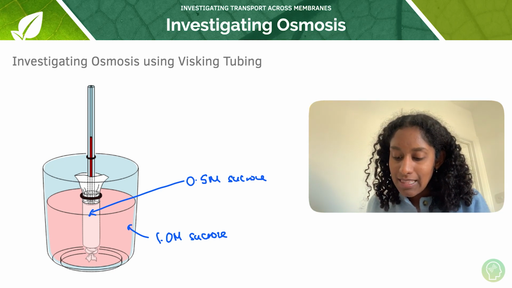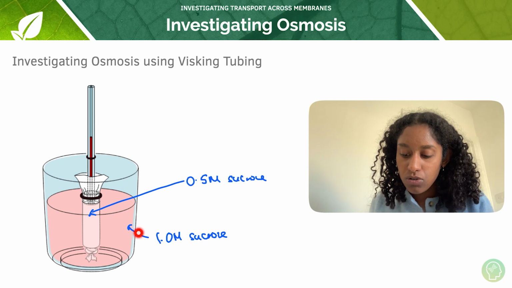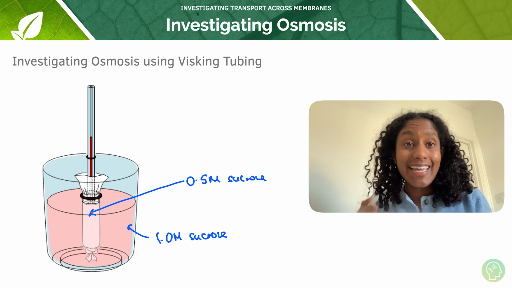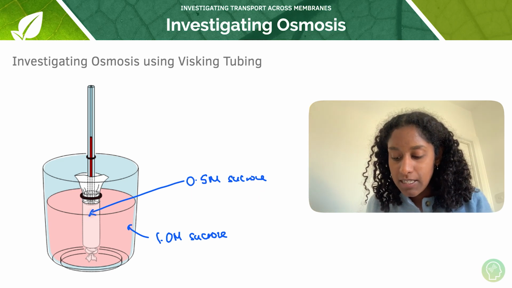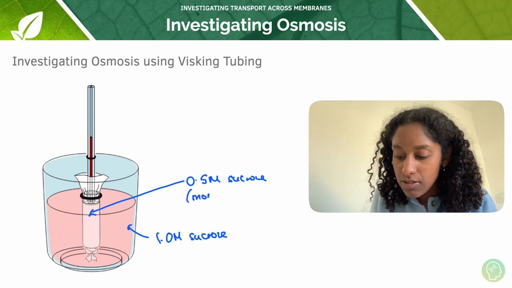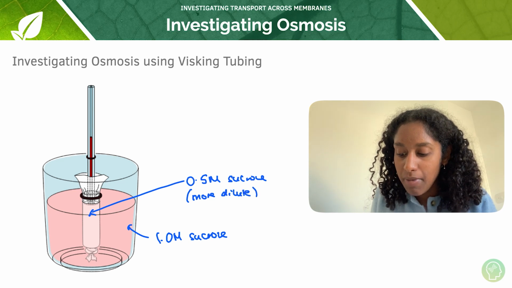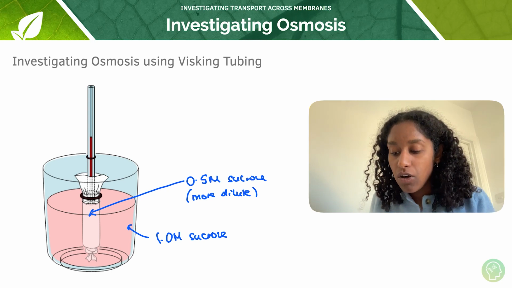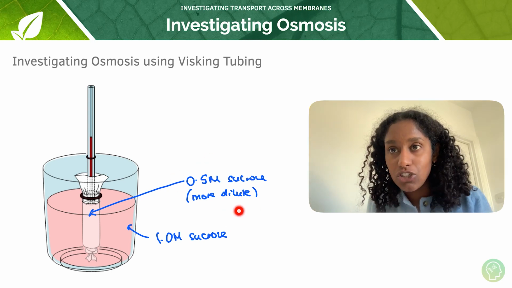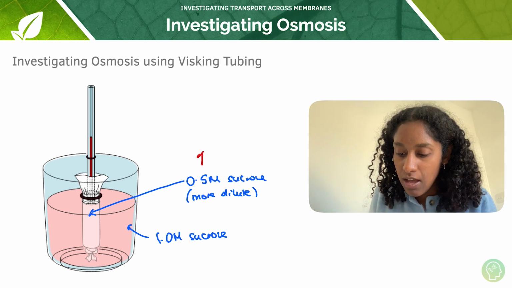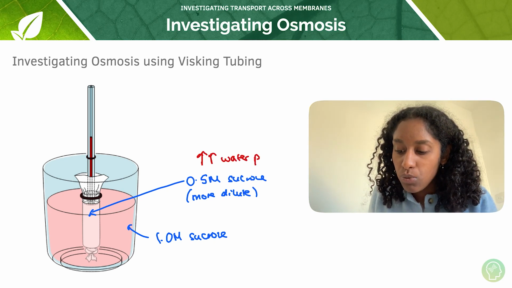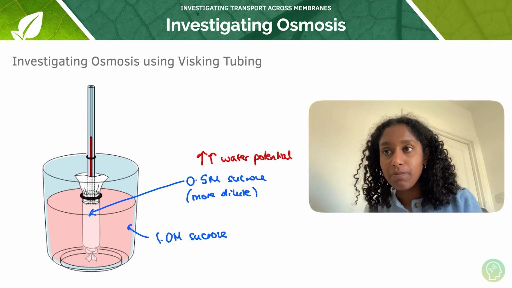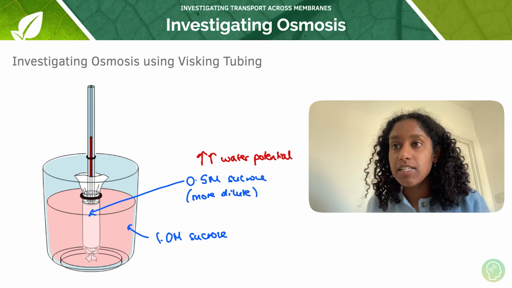So that means that this solution is more concentrated than the solution inside the Visking tubing, i.e., our Visking tubing contains more dilute sucrose solution compared to what's outside the Visking tubing. So if our tubing contains the more dilute solution, it contains the solution with the higher water potential, which means that water is going to move passively down its water potential gradient from inside the Visking tubing